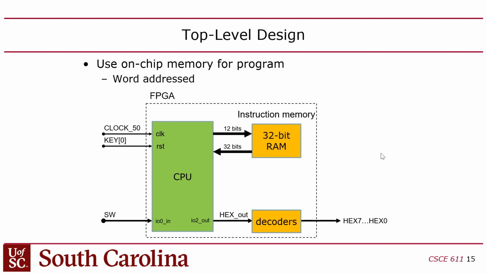So that way, when your CPU does a CSRW instruction, it'll update all 8 hex displays at once, and they'll be decoded. So your CPU will put out, for example, hex value A on 4 bits, and that will go through the hex decoders, and it'll actually show up as A on the FPGA board, right? So we are going to use your code from Lab 2. Okay? Make sense? Okay.